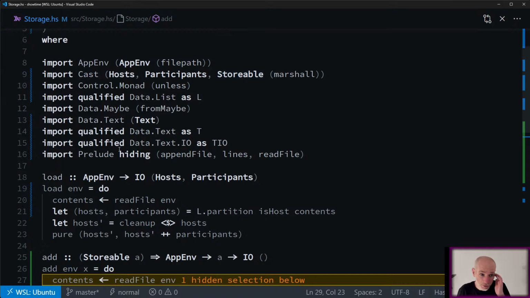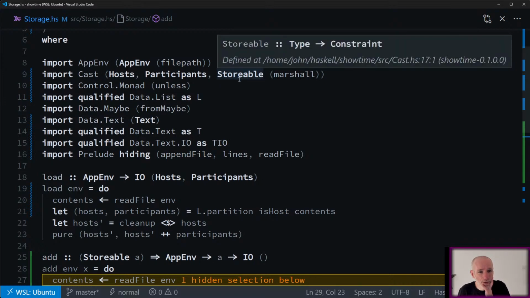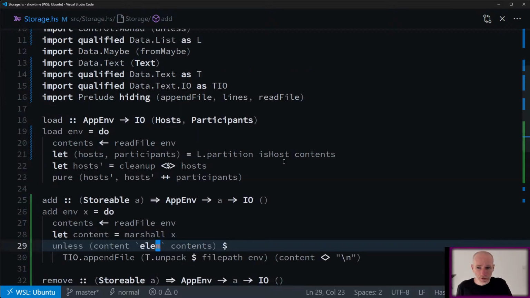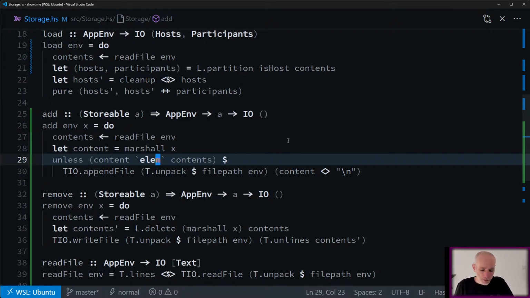It shouldn't be storable, it should be in the storage thing. But I don't want to create a circular dependency. So I couldn't implement this interface inside cast if it's defined in this file, if this file is also importing hosts and participants. So I might look at moving some stuff around. But yeah, we can keep working next week and then just add a little bit more functionality.